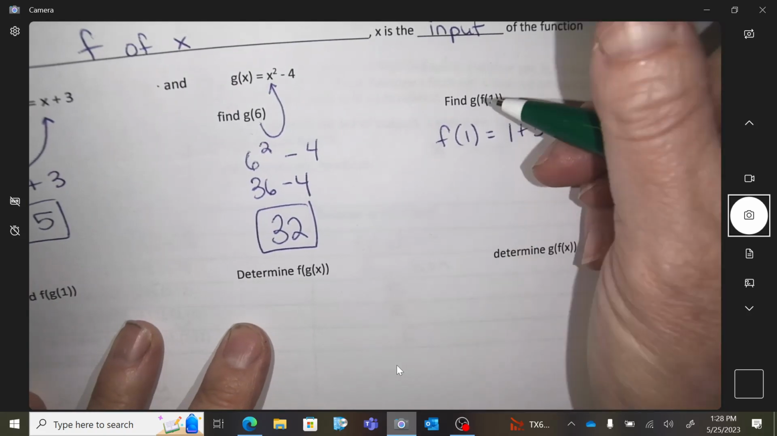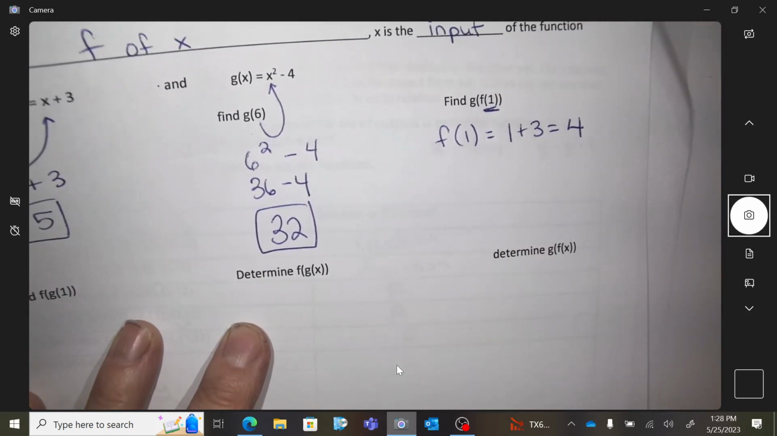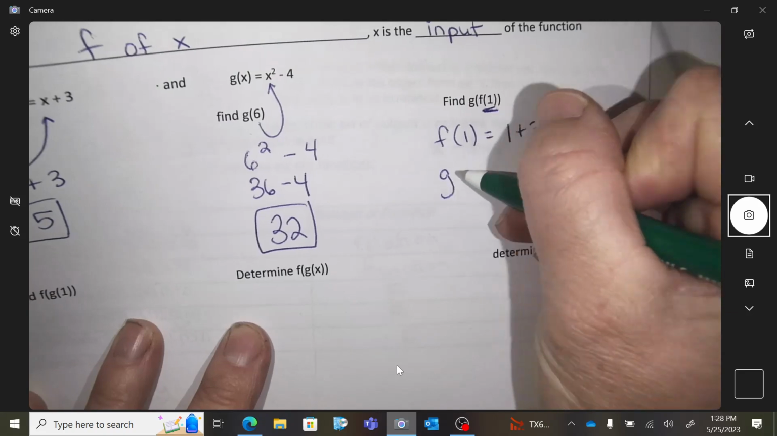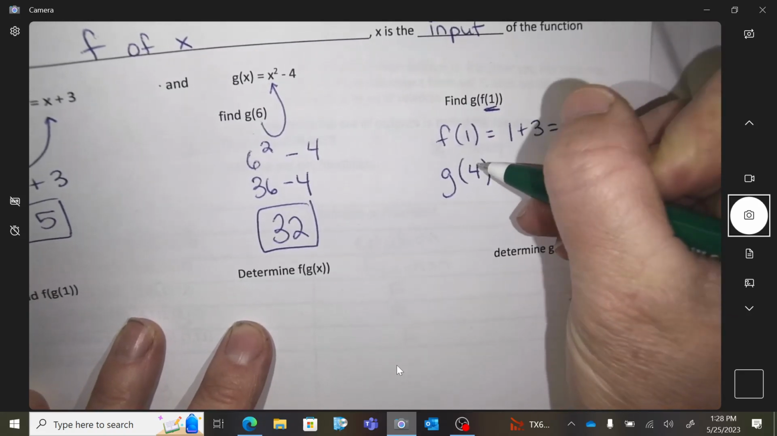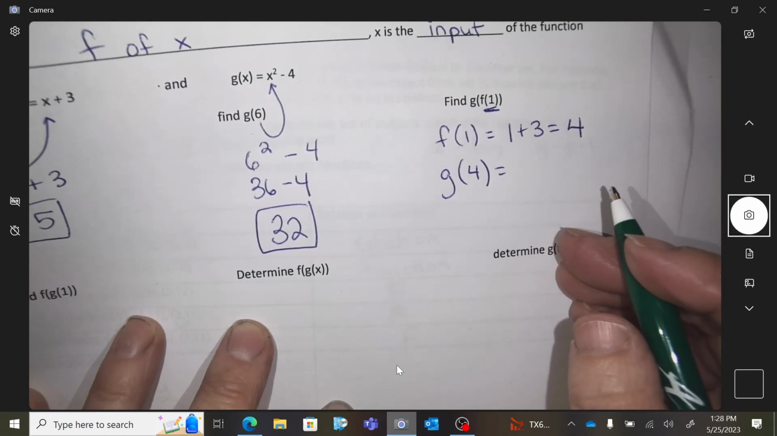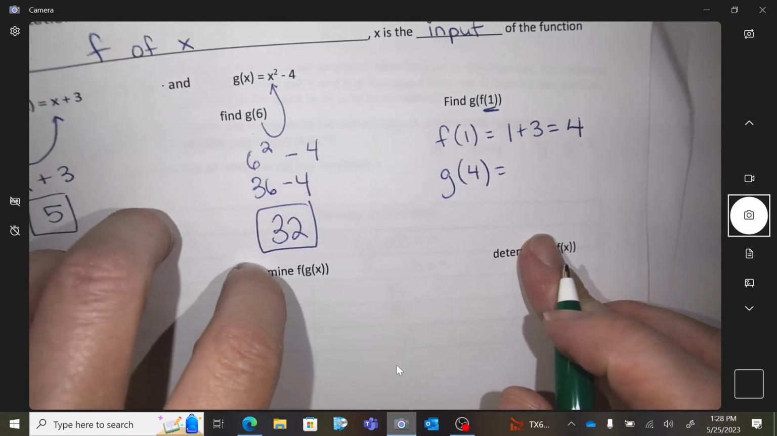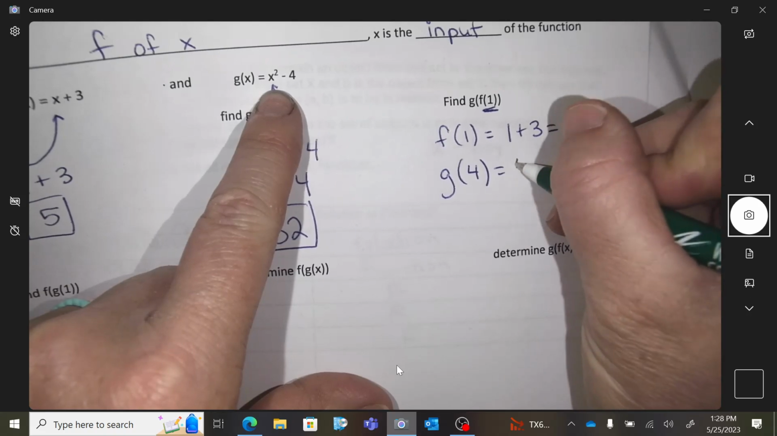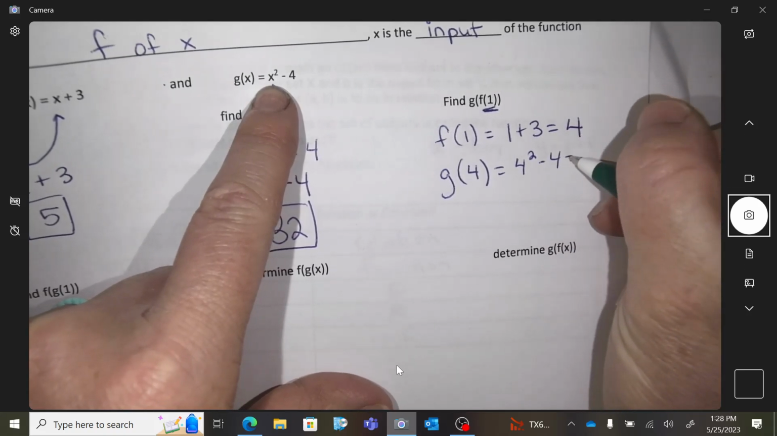Now, that's done. 4. I'm now going to do, well, what is the g at 4? So plug a 4 into the g function. So 4 squared minus 4 equals